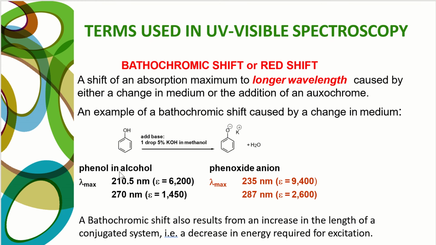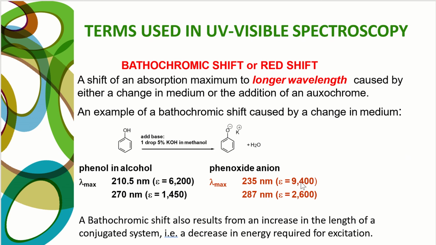So we have phenol in alcohol, and this of course is phenol. And when you add base, that is 1 drop of 5% potassium hydroxide in methanol, you get a phenoxide ion. And as we can see here, the lambda max increased essentially, right? And the intensity, as is referenced by the epsilon or the molar absorptivity value, shows an increase from